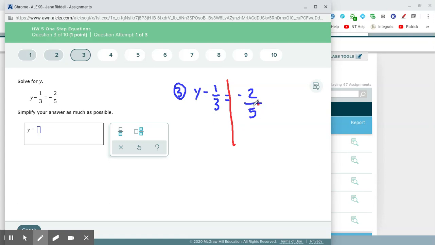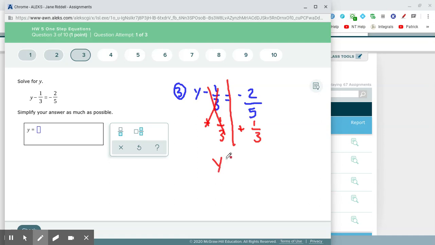Find which side has the variable. So now the variable is over here. So now I need to think of what operation am I doing to y? Well, I'm subtracting 1/3. What is the opposite of subtracting? Well, it's addition. So instead of subtracting 1/3, to move it to the other side, I need to do the opposite, which would be to add 1/3 to both sides. All right, so on the left-hand side, negative 1/3 plus 1/3, they cancel each other out,